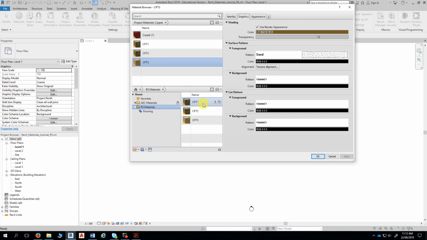And I guess there are a few other programs that do rendering. Revit's not the only one, but the other programs that do this rendering seem to have a better way of managing materials. Yeah, this is quite clunky. And I guess the thing is that if you've assigned a material,